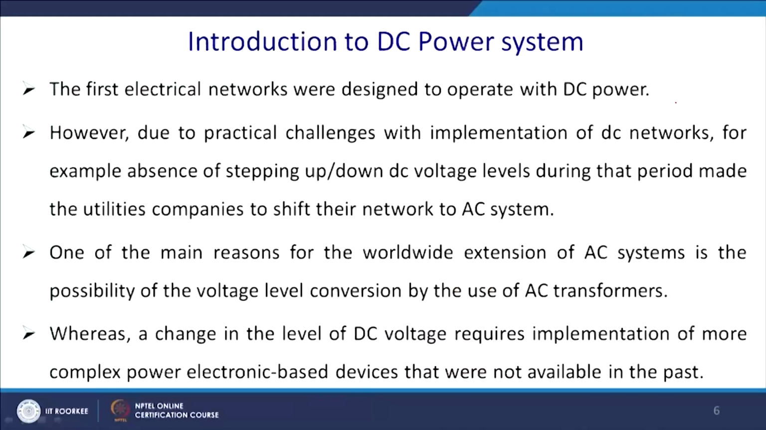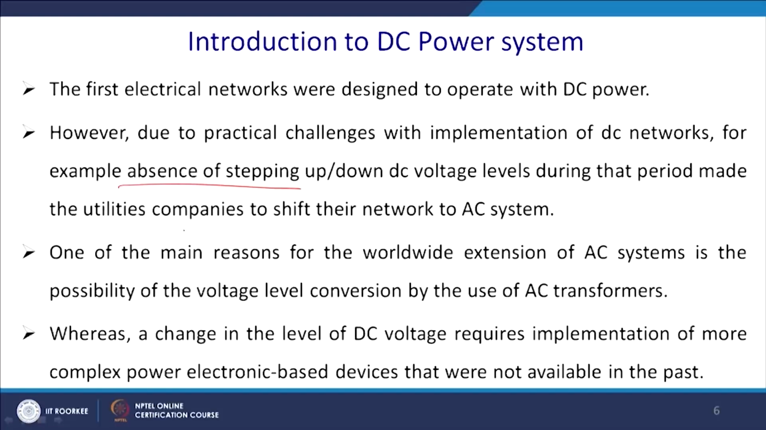So, the first electrical network was designed to operate with DC power. We all know that by Edison. However, due to practical challenges with the implementation of the DC network, for example, the absence of stepping up and stepping down of voltage level, which can be easily done by the transformer during that period,